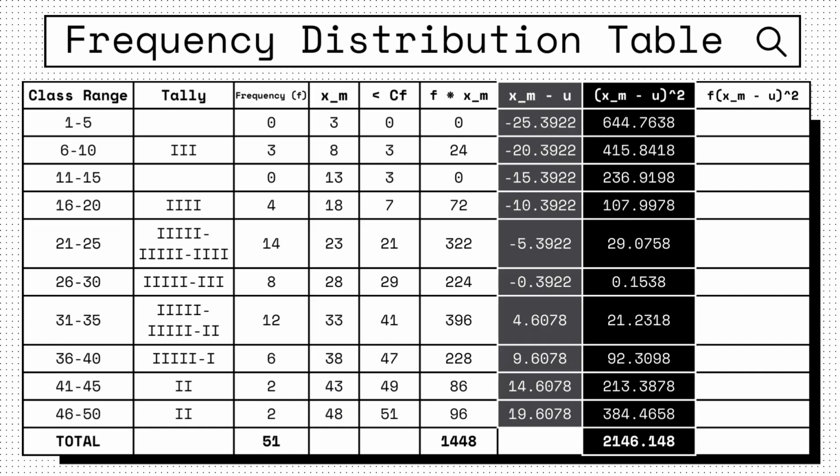For the 8th column, we will need to square each of the answers from column 7, x sub m minus mean, to find the answers for x sub m minus mean squared. So the first x sub m minus mean we have is negative 25.3922 squared, which is equal to 644.7638. For the second one, it's negative 20.3922 squared, which is equal to